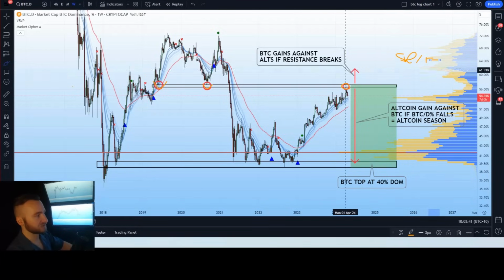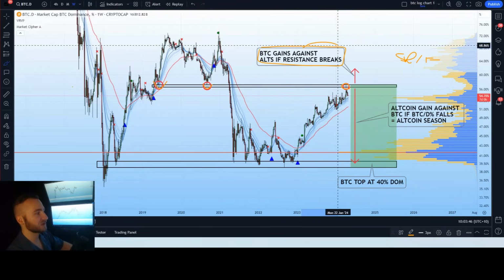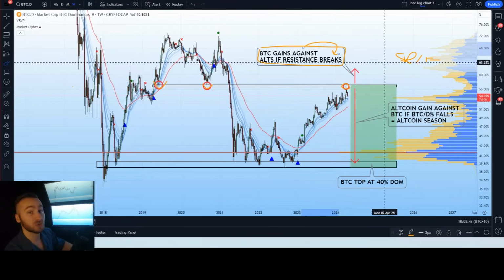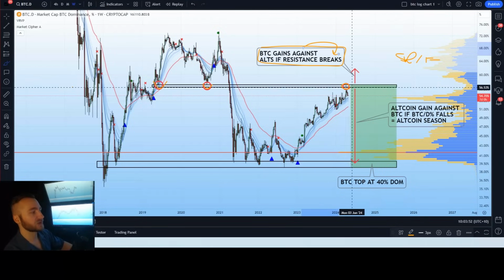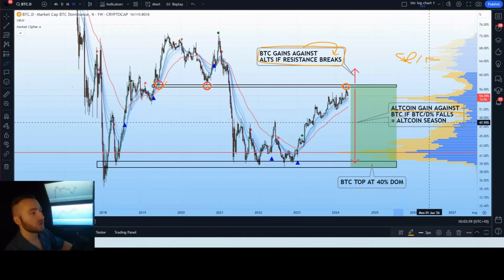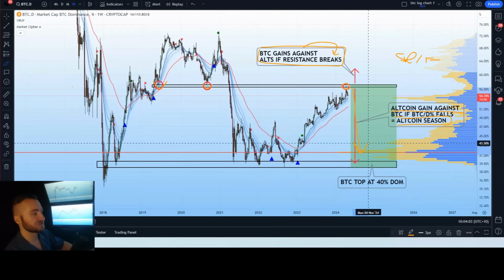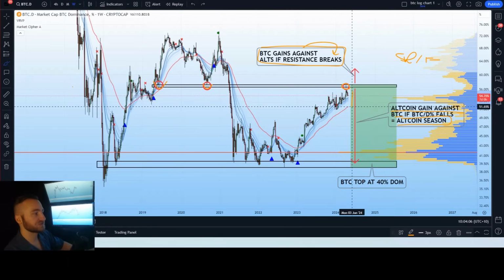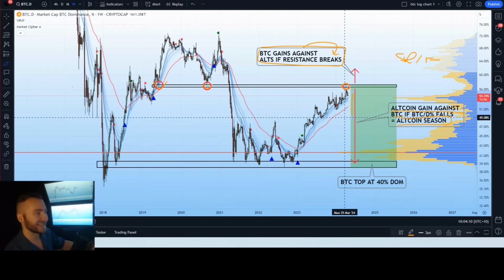That tells us two things. If we break above this level, it's going to tell us Bitcoin will gain against the altcoin counterparts. We'll see altcoins drop against Bitcoin or underperform against Bitcoin. And if we see Bitcoin dominance correct, we are going to see altcoins gradually start to gain against Bitcoin, which could develop into our alt season, right? It's not like, oh, bang, immediately alt season, but as Bitcoin dominance starts to fall and fall and fall, the alts will start to pick up more and more against Bitcoin,